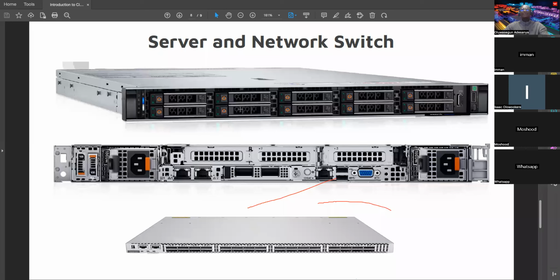So how will we connect them together for them to be able to network? That is what we do with this switch. Look at this, this is a switch. We call it a 32-port QSFP. This QSFP is more like 100 gig. So from one of these ports,